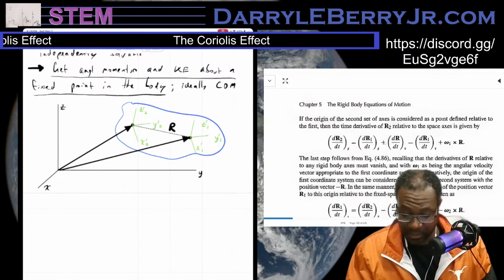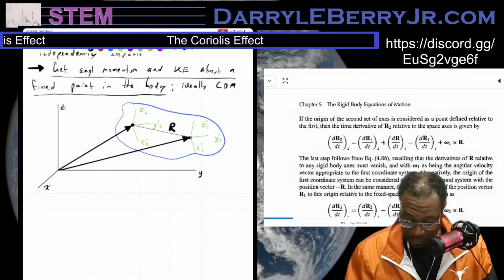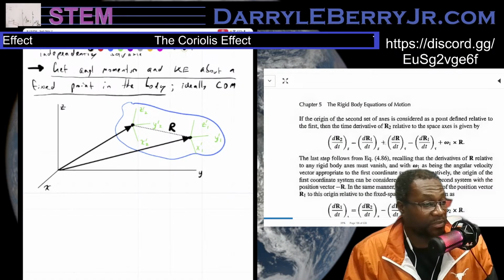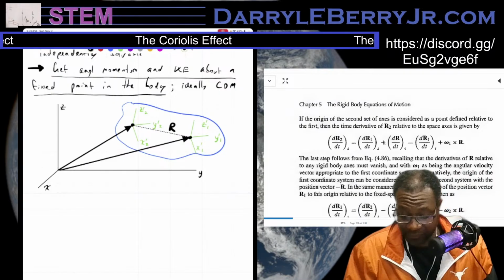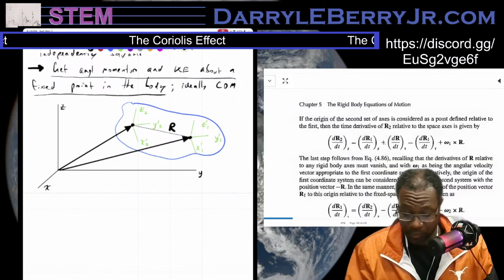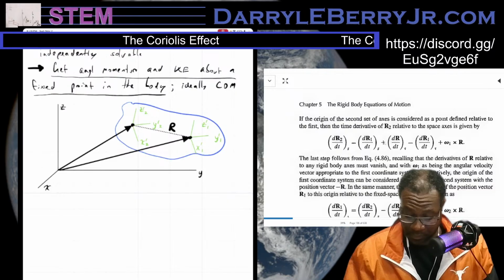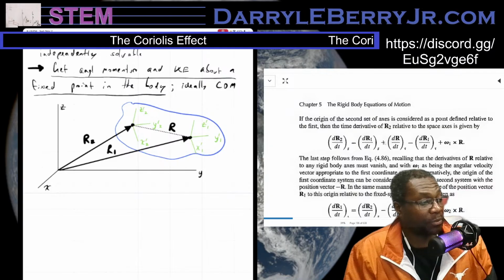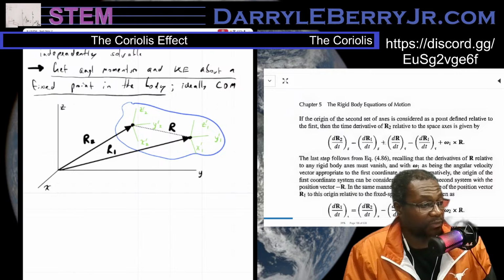The origin of the second set of axes is considered as a point defined relative to the first. Then the time derivative of R2 relative to the space axes is given by